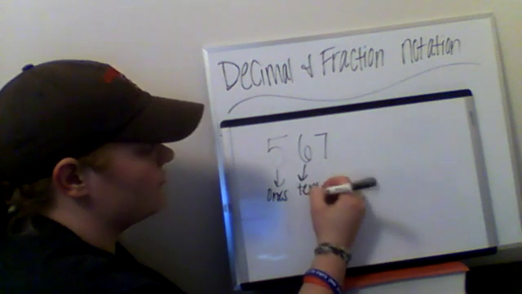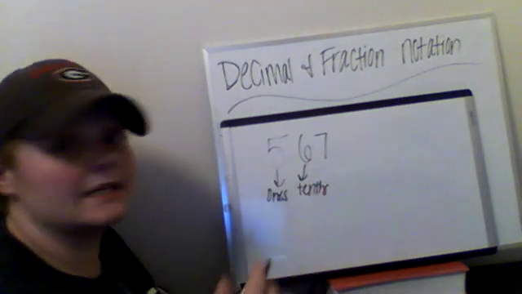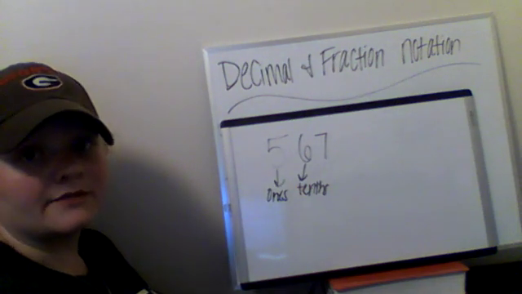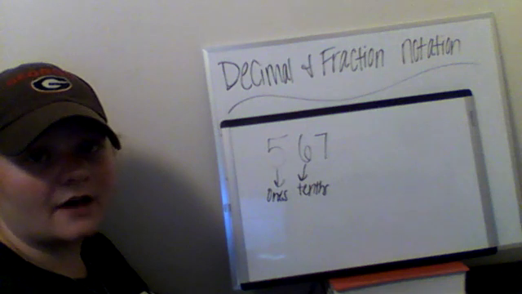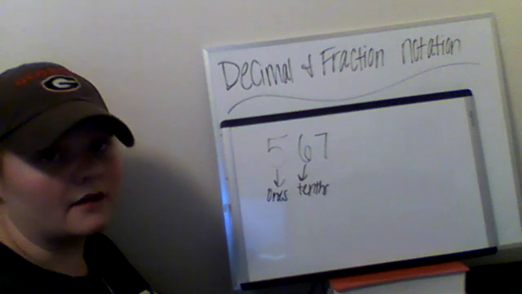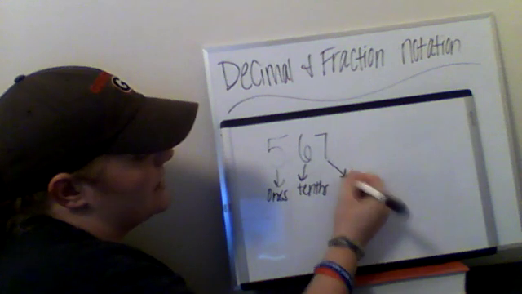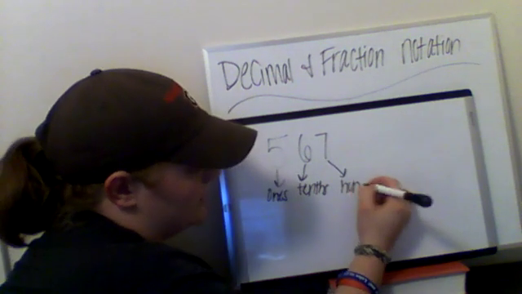Remember, that was our biggest difference between whole number place value and decimal place value. Our first decimal place value is tenths, not hundredths, okay? Then our second number in our decimal goes into our hundredths place value,